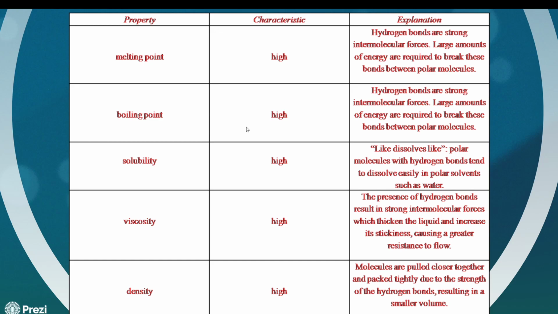So in general, melting point is going to increase. So it'll take more energy in order to melt something because hydrogen bonds are strong intermolecular forces. Okay? It takes a fair amount of energy in terms of intermolecular forces to break those. So it's going to have a high melting point. It's going to have a high boiling point. The other thing is that solubility is going to be high. And